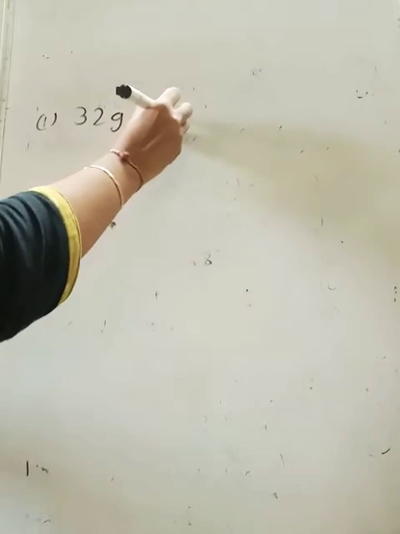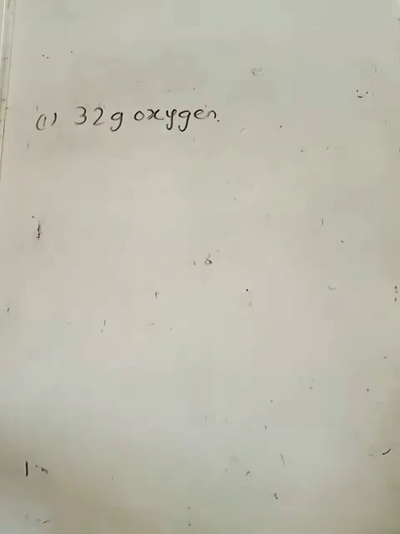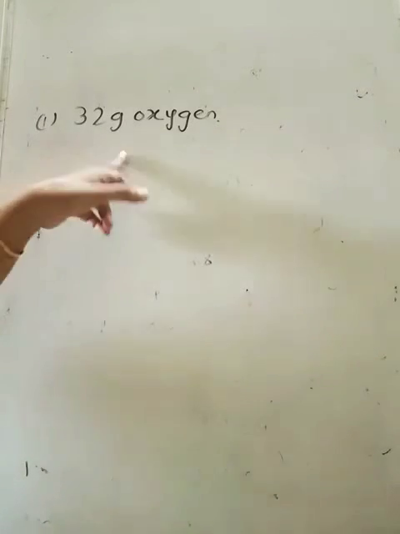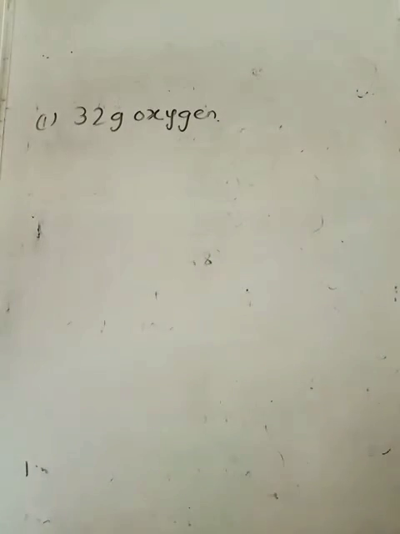So the first question is 32 grams of oxygen. Children, all the things are given in grams and you have to find out the number of molecules, how many molecules come in this quantity. But for that you should know moles, because one mole contains Avogadro's number, isn't it? So first of all we should convert it into moles, right? So moles is what? Molecular mass expressed in grams. So what is your duty? First of all, find out the molecular mass of oxygen. Are you getting the idea?